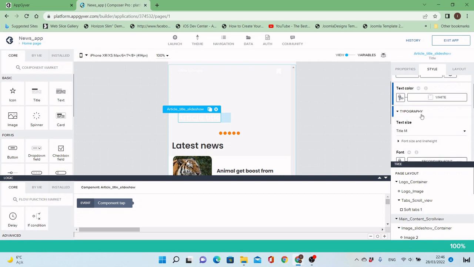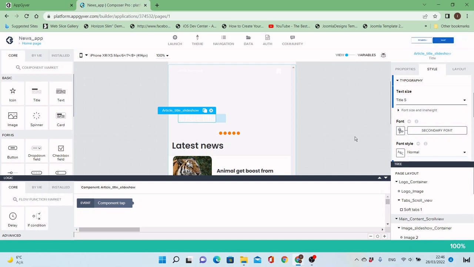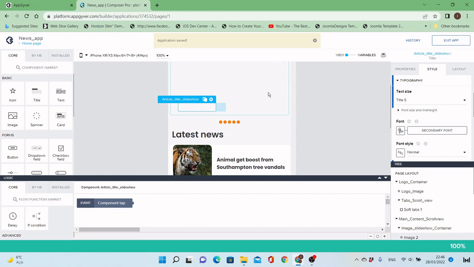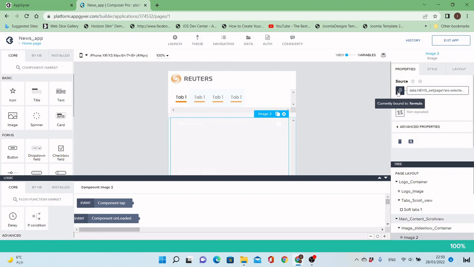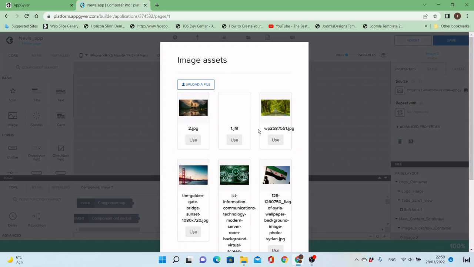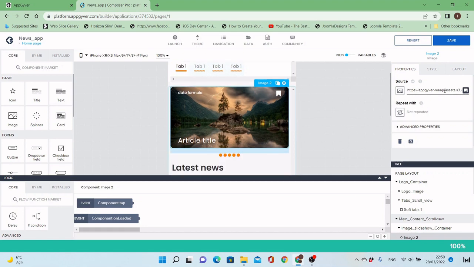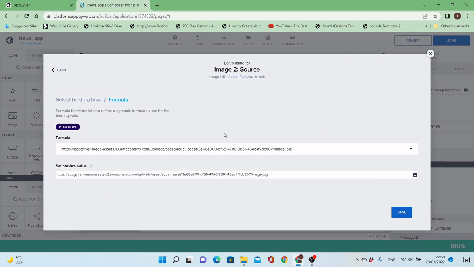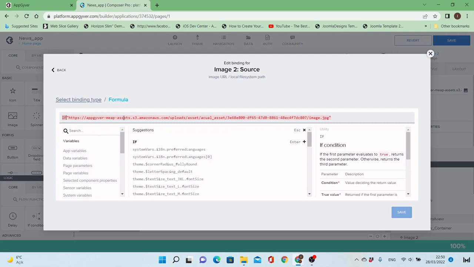And let's ensure the style is suitable. I'll make the title smaller to title S. And let's add an image if the image URL was null. So I will select this image. I will copy the URL for it from here, and then